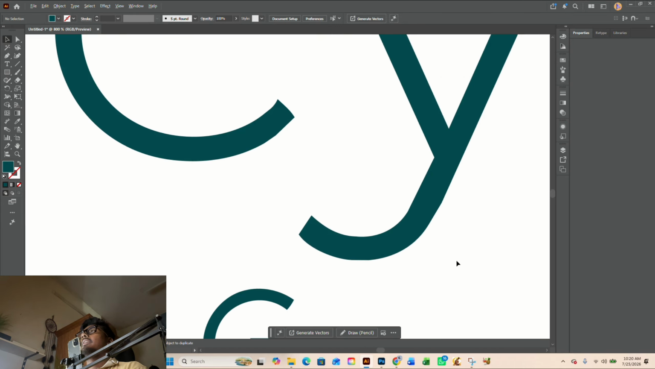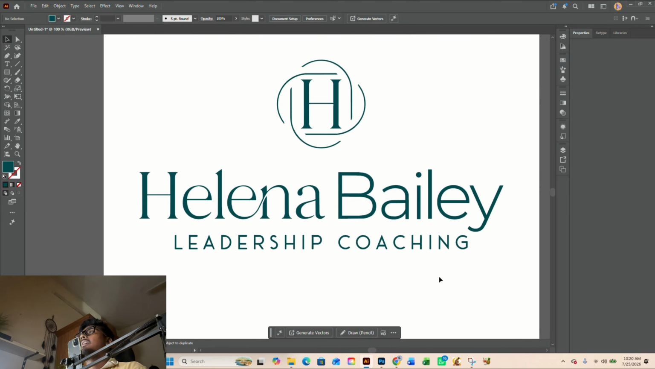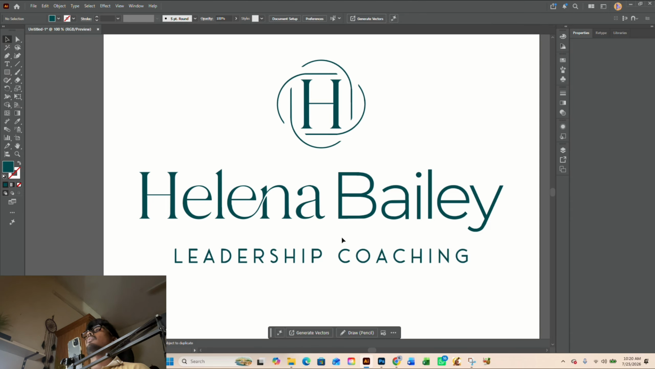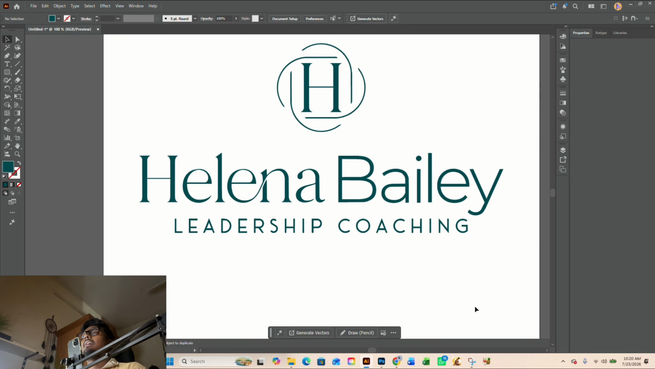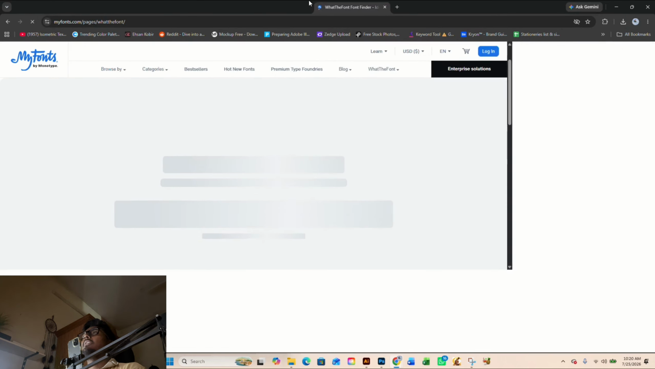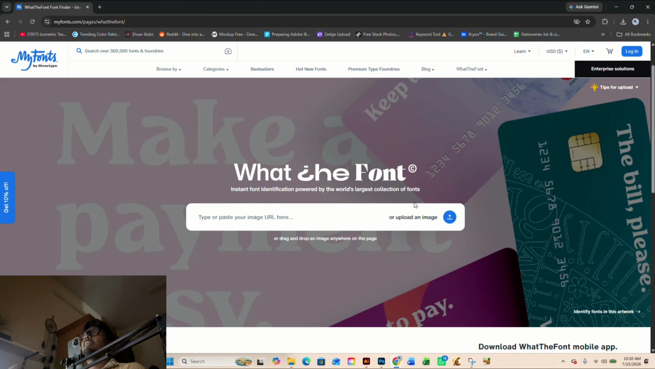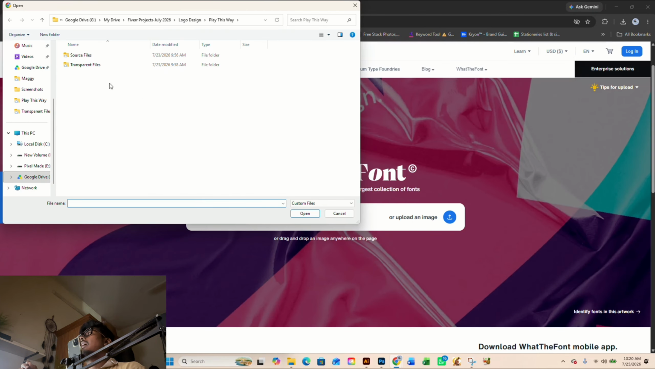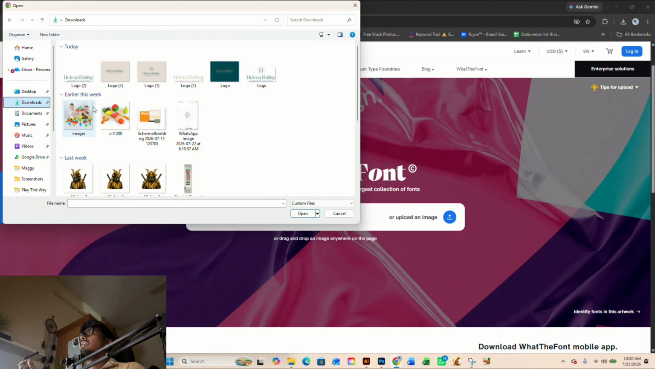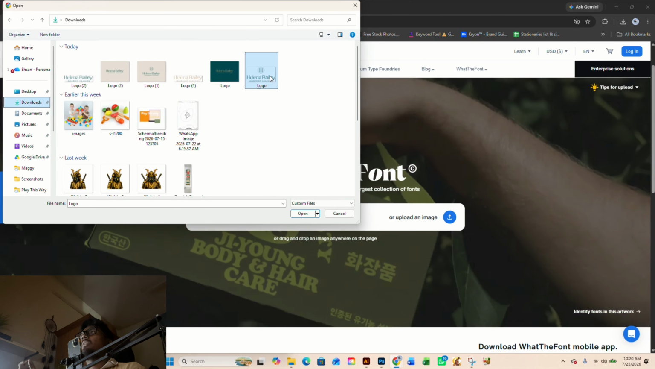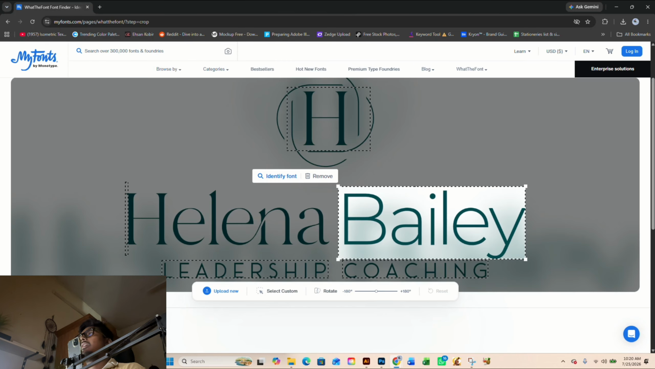So now the next part of this is this bit. Find a font that is similar to this, or find the exact font, because then the work is going to be much easier, right? So for that, what I'm going to do is go to whatthefontfinder.com. This is a website where we can upload images of fonts and look for a similar sort of font. So from here, I'm going to upload the logo that I got from the client,